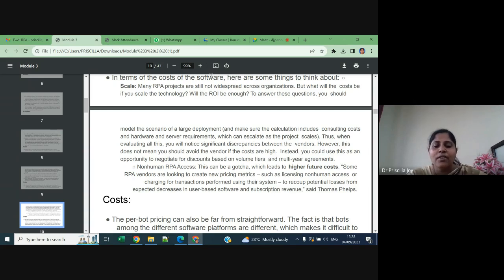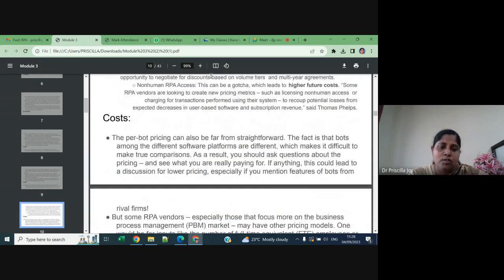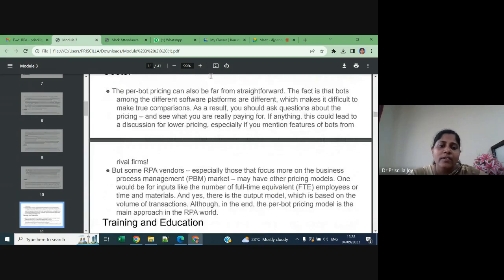So considering all these things, it is not that easy for us to afford that much. We will check whether the per-bot pricing is straightforward, or whether it is difficult to make a true comparison. Especially when we talk about RPA vendors, we focus on the business process management market, which incorporates all the other pricing models, and based on that we will concentrate on